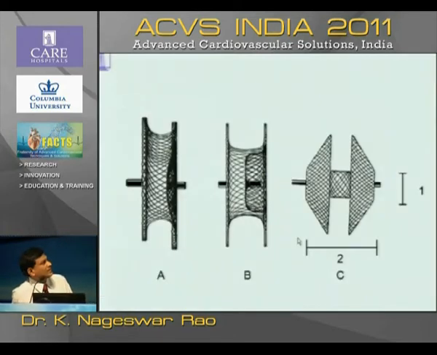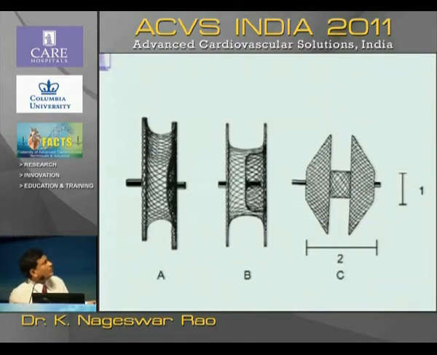These are the various devices commercially available. You can see the eccentric device, the muscular device, and now the new toy called ADO2, the Amplatzer Duct Occluder second generation, which is a very low profile device with a central waist of around 4 to 6 millimeter length and 3, 4, 5, 6 millimeter diameters available. The retention disc is around 12 millimeters on either side, so that it anchors to the membranous septum or membranous septum with aneurysmal tissue.